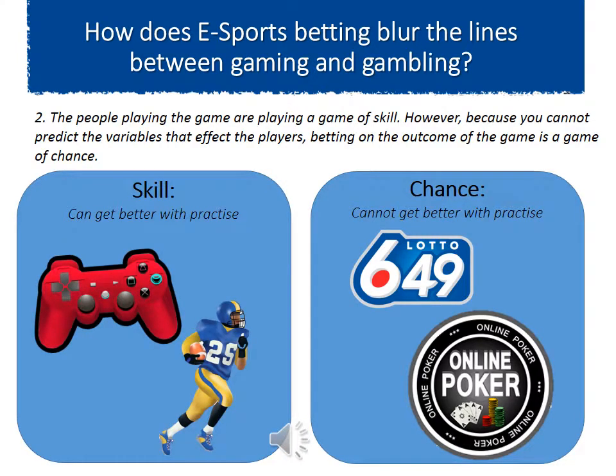We can break down risk even further by remembering the difference between skill and chance. Video games are mostly games of skill. Like football, you can get better with practice. An advanced player will do better than a novice player. This is different from games of chance. A player cannot get better at games of chance with practice. A novice player will have the same amount of luck as an advanced player.